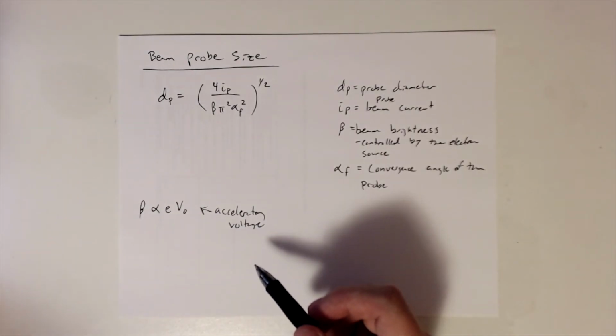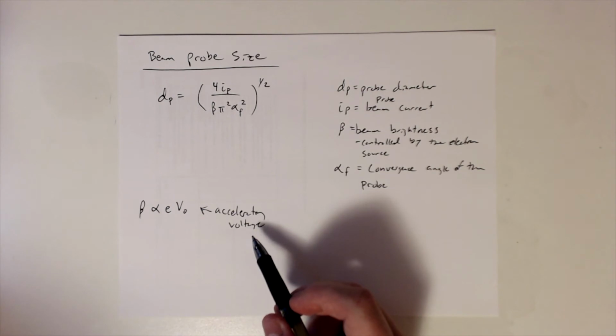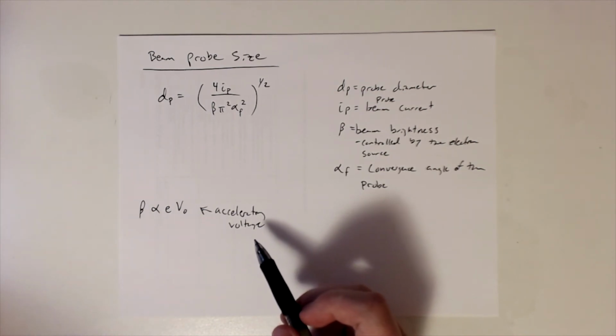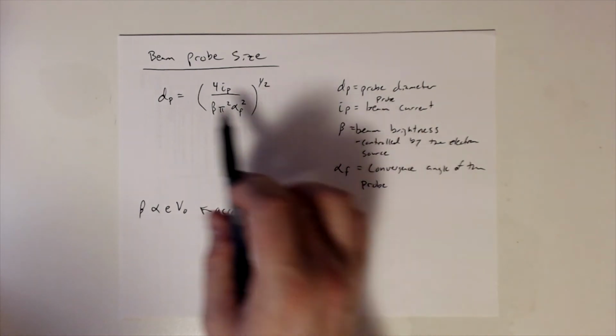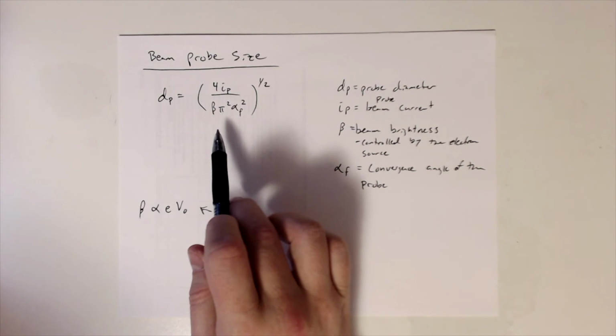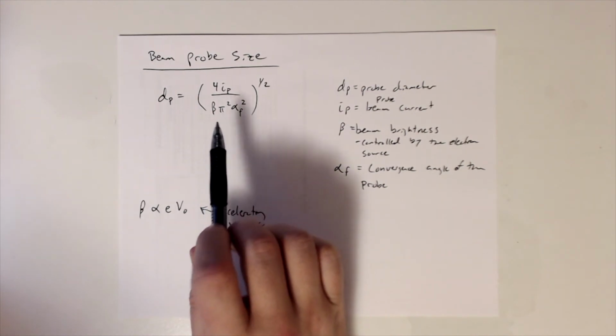So we can increase the brightness by increasing the beam voltage. So that's one way we have to adjust this. So just overall, if we step back and go to the probe size equation, the probe diameter, some of the big takeaways that we see here